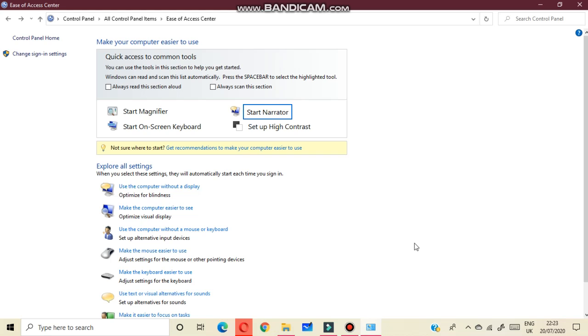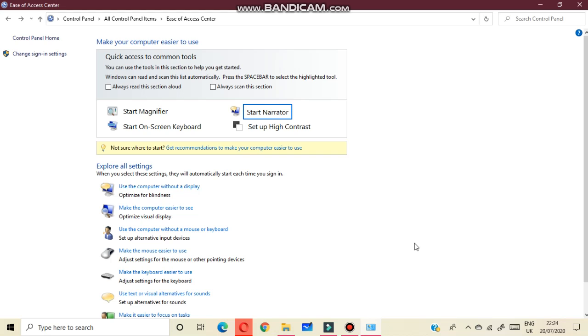The Announce Scroll Notification option makes the narrator announce when the screen is scrolled. Start Narrator Minimized makes the narrator an icon on the taskbar. Once you have set the options, the narrator will start reading the information in the current window.